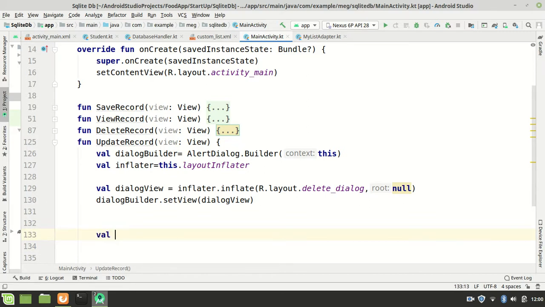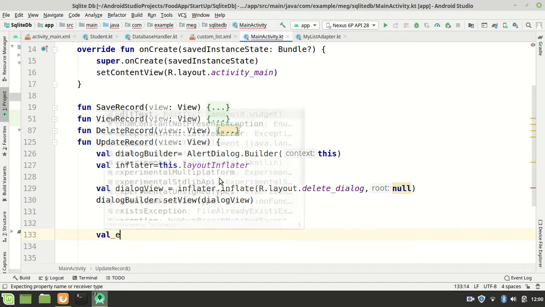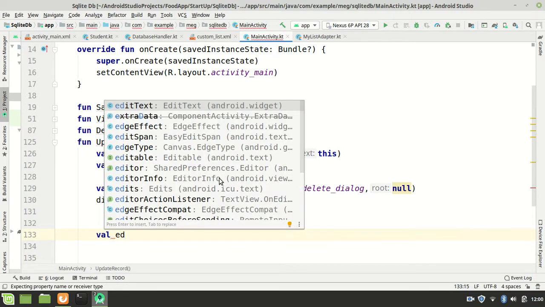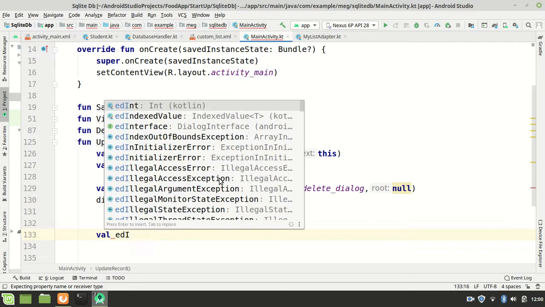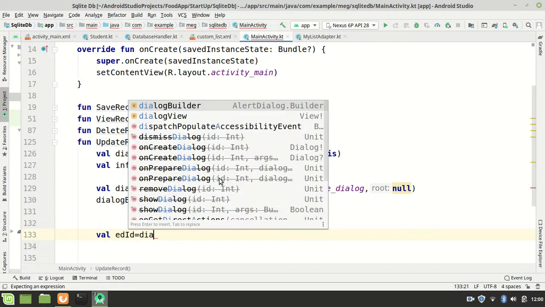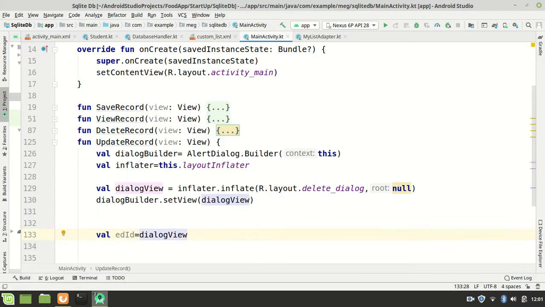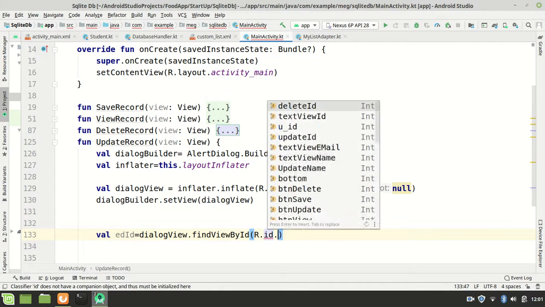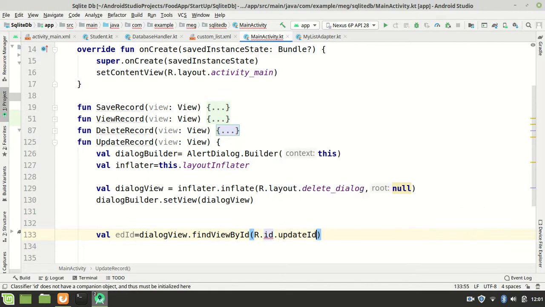So we'll say val ed id, then we can say equals to dialogView dot findViewById, then we'll say R.id.updateId, and then we'll just say